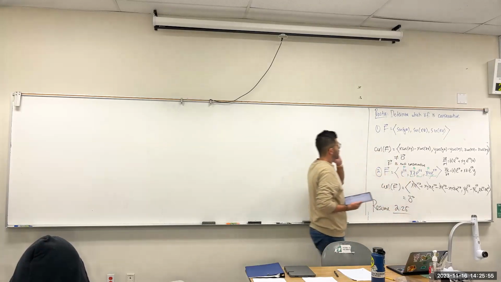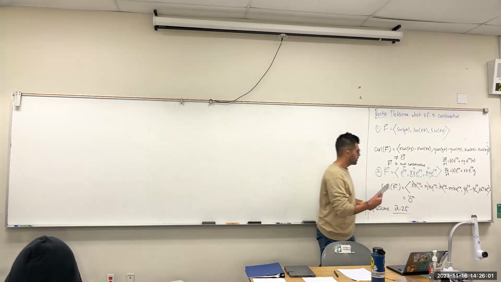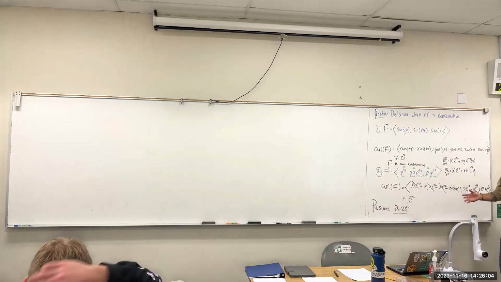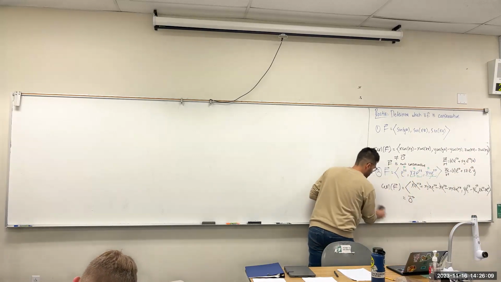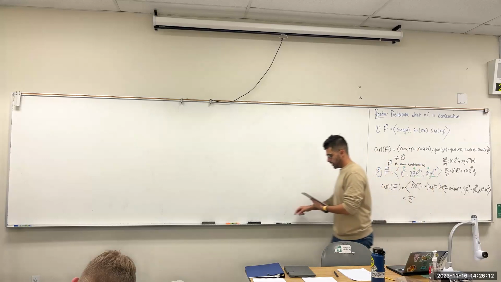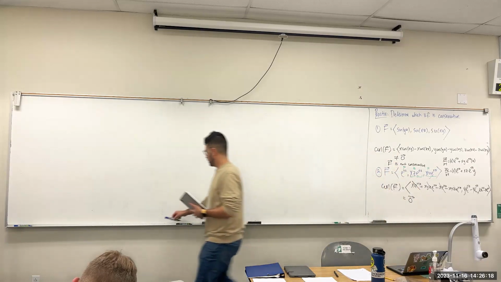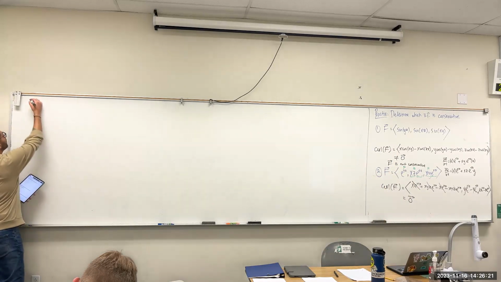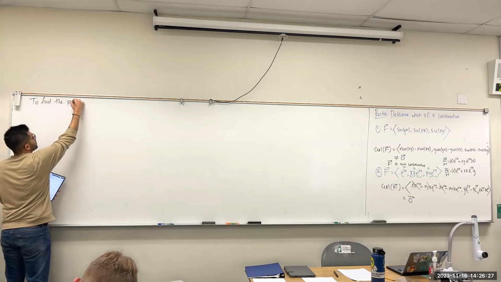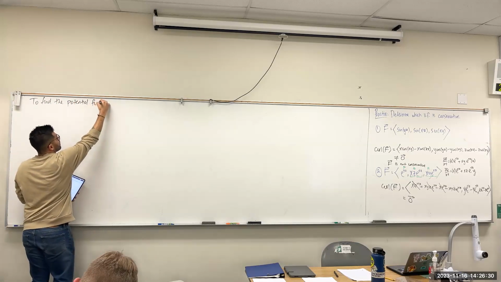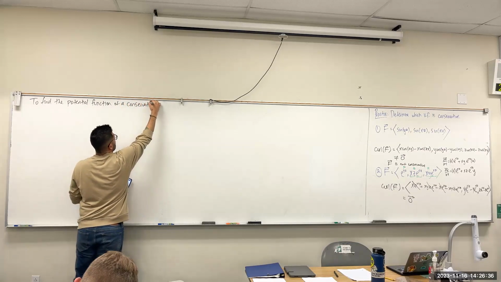Okay. So what did we just do? We found out how to see if a 3D vector field is conservative. So now the next natural piece is, if it is conservative, then how do we find the potential function? So let's use this bubble here. Very similar, yeah. So to find the potential function of a conservative vector field,